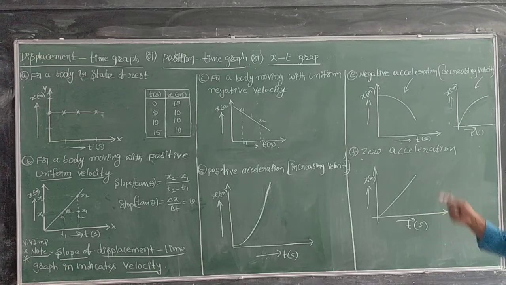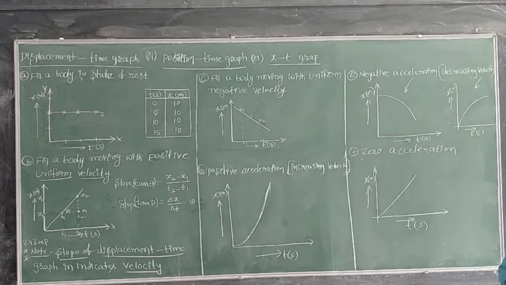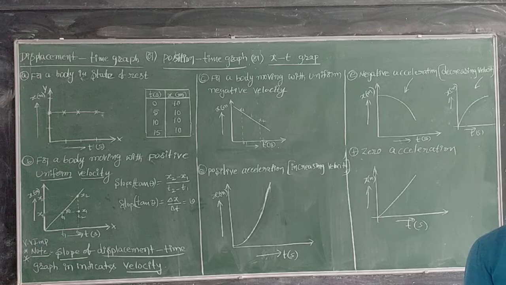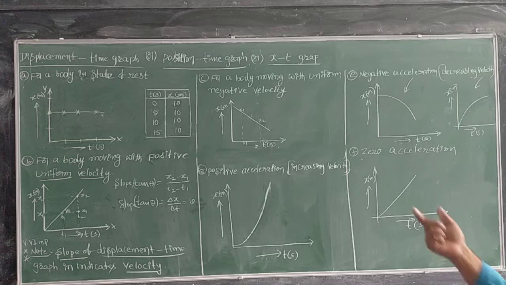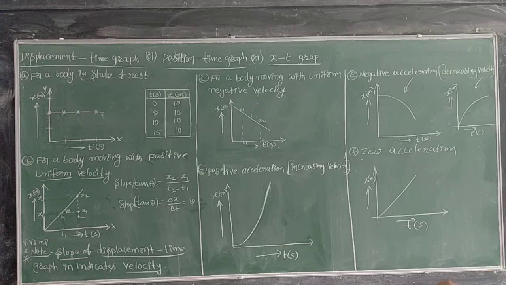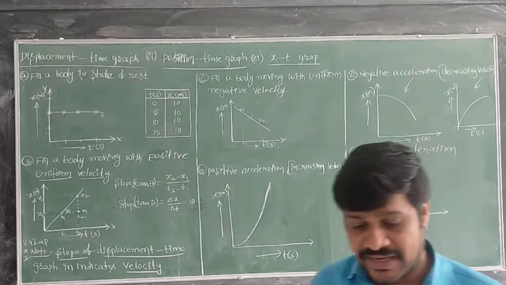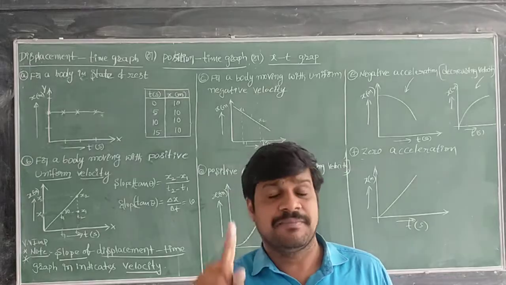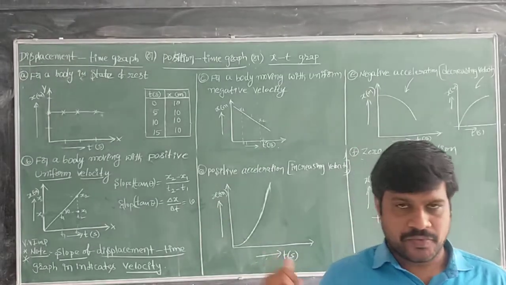Velocity is not changing means acceleration is zero. Okay, so this is the graph for zero acceleration. Now these graphs are very, very important. Any one or two graphs they may ask for 1 or 2 marks in the final examination. Draw the graph for so-and-so, any one of these 6 graphs they may ask in examination. These graphs are important not only for the theory exam, but for the final exam and CET also. Okay, make it.